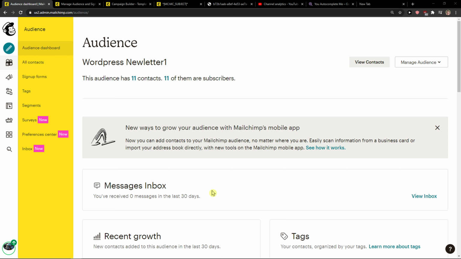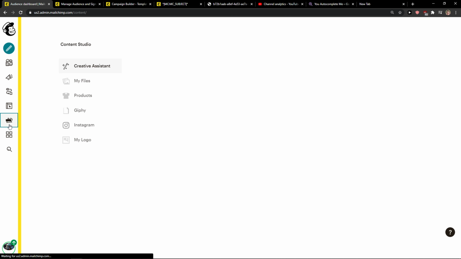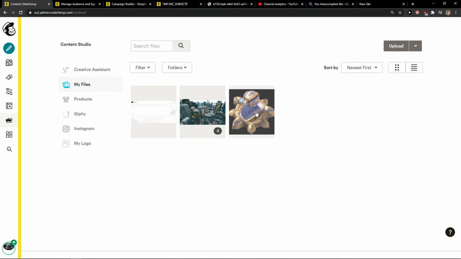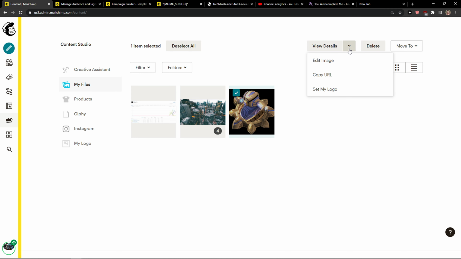The first thing you want to do is just be in Mailchimp, and when you're here, you want to click on the Content Studio on the left side, and then you're going to see here My Files, and here you want to simply click on whatever file you've got, right? And you can click here on Edit Image,